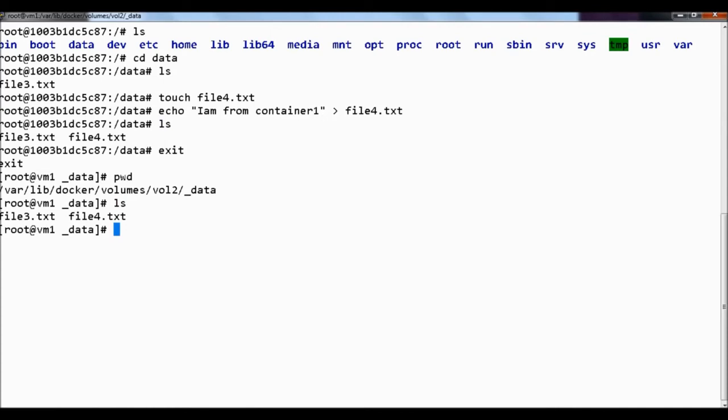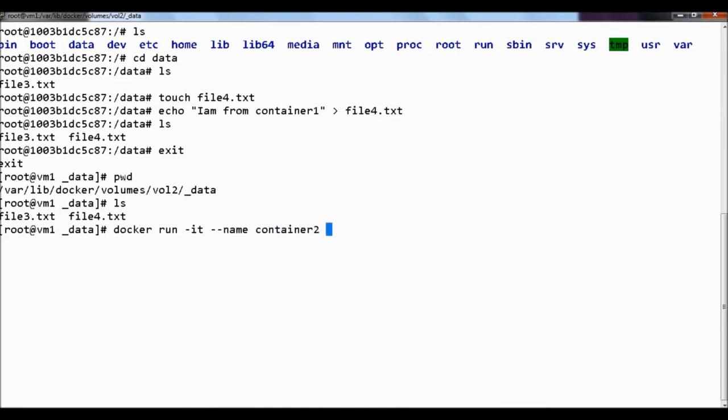Now here what I want to do is copy the volume to another container. Whichever volume I am having here, I want to copy this. From container 1, whatever volumes I have on container 1, I want to copy into another container. So let's start a container in interactive terminal mode. Let's say the name of the container is container 2.